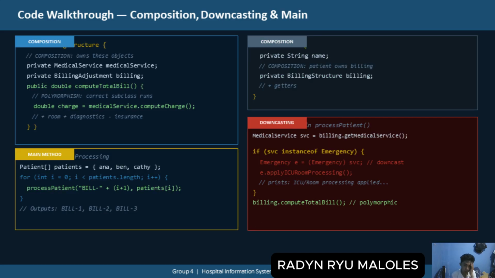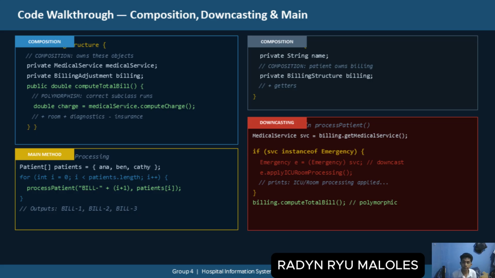Moving on to the larger structure, the downcasting and our main batch processor: the billing structure directly owns the medical service and billing adjustment objects, while the patient class owns the billing structure. When we call compute total bill, it polymorphically executes the correct service charge and mathematically factors in the room, diagnostic, and insurance.